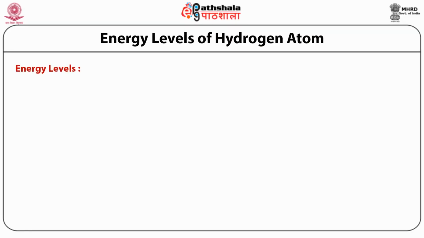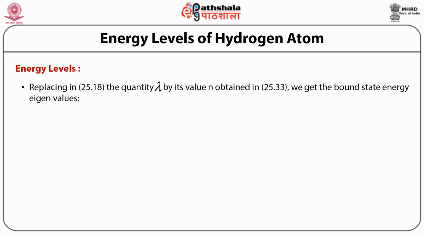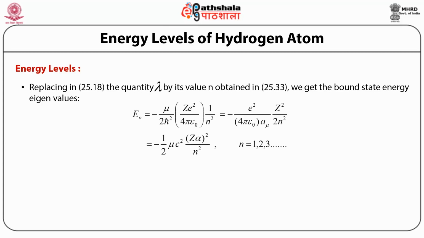Energy levels of hydrogen atom. Now replacing in 25.18 the quantity lambda by its value n obtained in 25.33, we get the bound state energy eigenvalues as E_n equal to minus mu by 2 h cut square multiplied by (Ze square by 4 pi epsilon naught) square multiplied by 1 by n square, equal to minus (e square Z square by 4 pi epsilon naught A_mu) by 2n square,